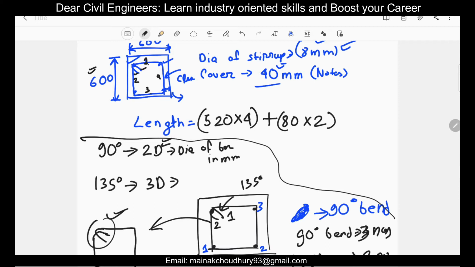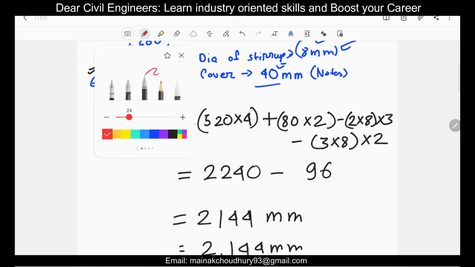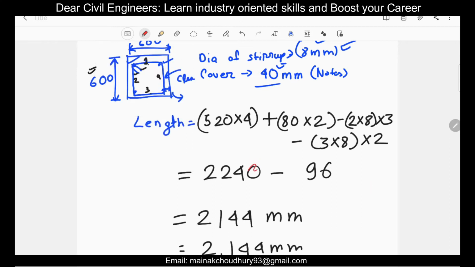So let's deduct here for the 90-degree bends first. So it will be 2 into d. So d is 8 mm, so it will be 2 into 8 for the 90-degree bend. What is the number of bends? Number of bends is 3, so it will be 3. And for the 135-degree bends, it will be 3d, that is 3 into 8, and the number of bends are 2. So if we just calculate this, then we'll have 2240 minus 96, that is 2144 mm, or you can write here this is